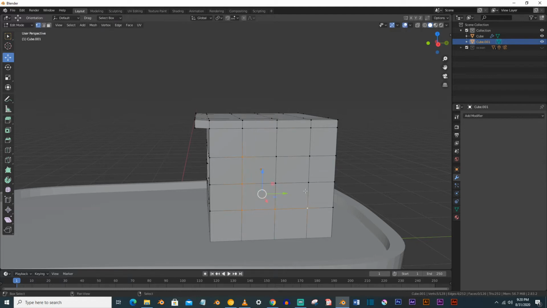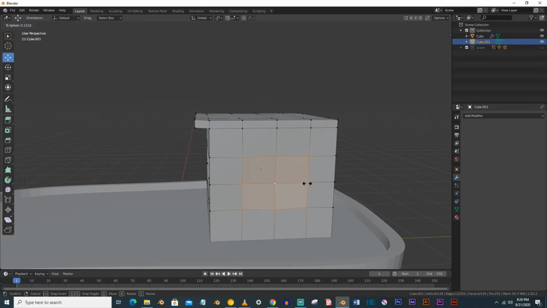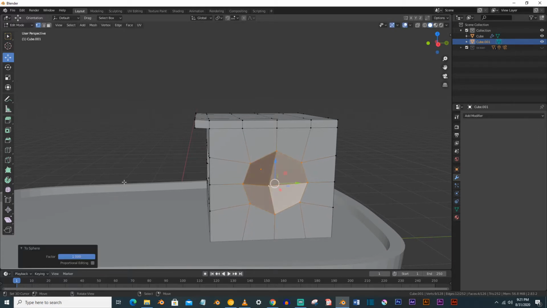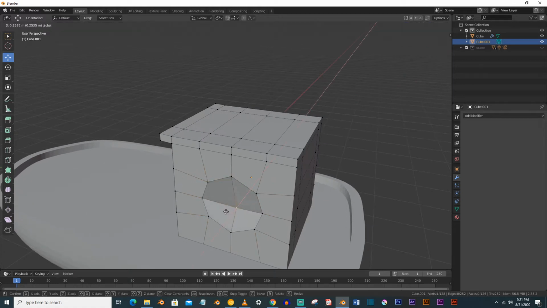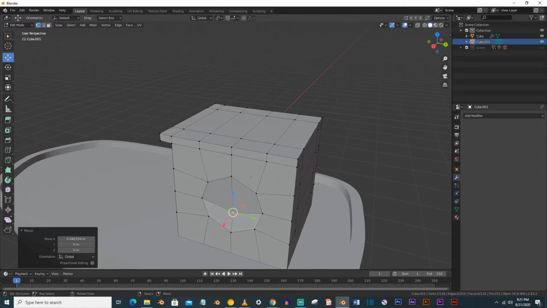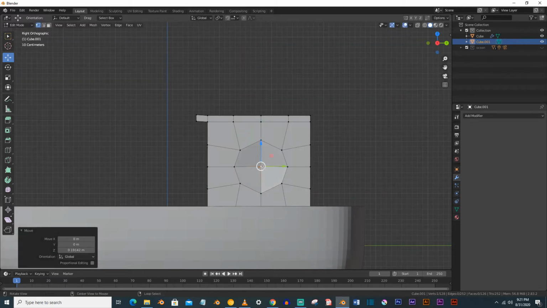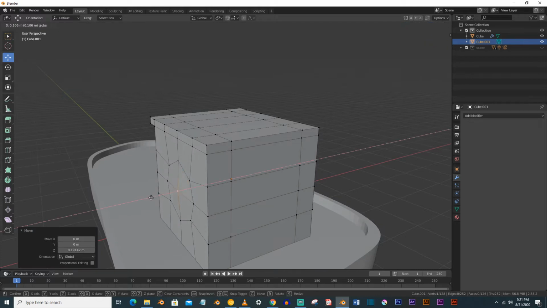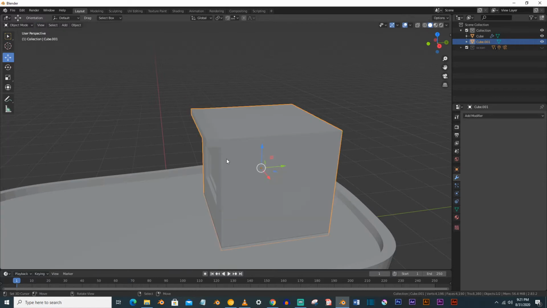Select these vertices now and go to the search menu and To Sphere, you can do it like this and make it like a sphere and move it outward like this. Move it forward, and this is it.